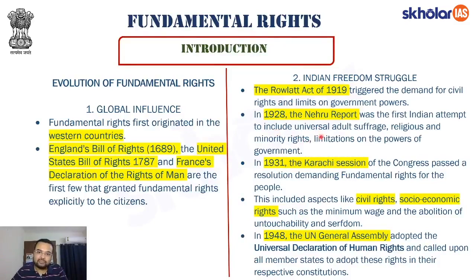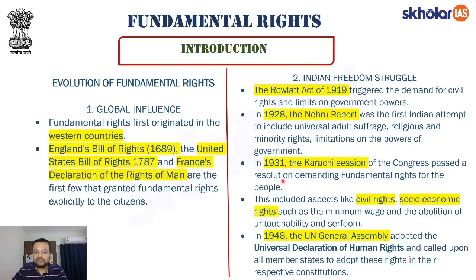There were provisions with respect to universal adult suffrage. There were provisions with respect to religious and minority rights. There are in fact provisions with respect to limitations on the powers of government, and all of them actually find their place in the fundamental rights that we see today. So this again acts as a very important example of India's freedom struggle acting as a source for evolution of